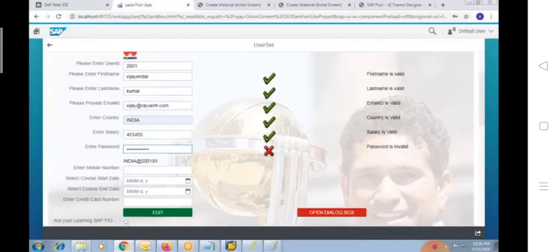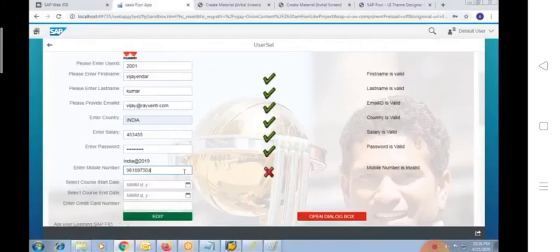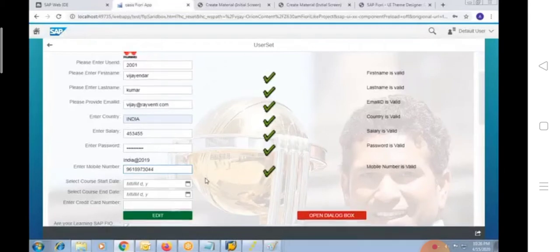And here you can see, this is like, let me provide like this. Now it contains all the things, so it is proper. Now mobile number, it should be 10 numbers here, something like this. Then only it is valid. If you type more than 10 or any other extra character, then it will show an error message. So message handling validations, we are going to do it.